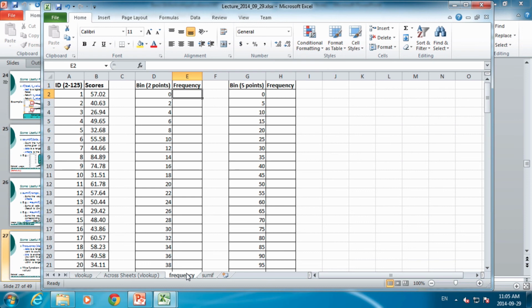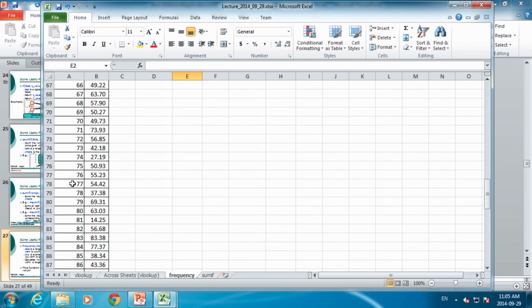Now, first of all, what is this column? This column is the raw data. The raw data, say from ID 1, gets 57.02 marks, and goes all the way down to row 125. This guy with ID 124 gets a